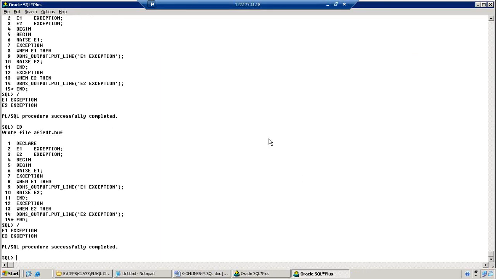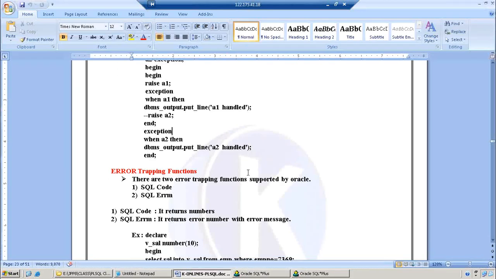Both will be fine. Clear on that? Okay. Then